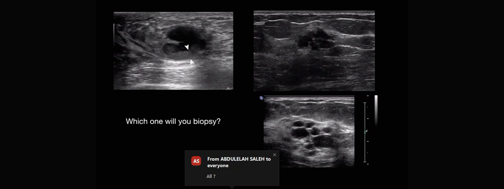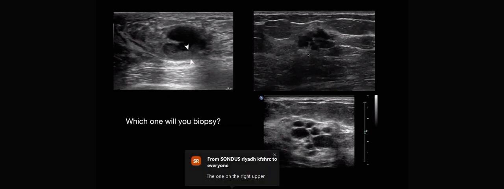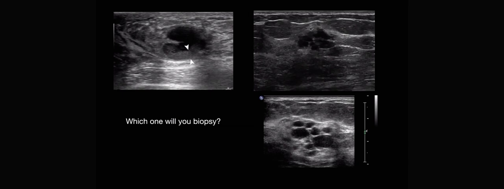The one on the left, maybe the septation is thick. The upper or the lower one? The upper one. Yeah, margins are irregular. This is suspicious. It doesn't qualify as a benign or BI-RADS 3 finding. Septations here, you can question, some of them are thickened, but the most suspicious here is the ill-defined margins and